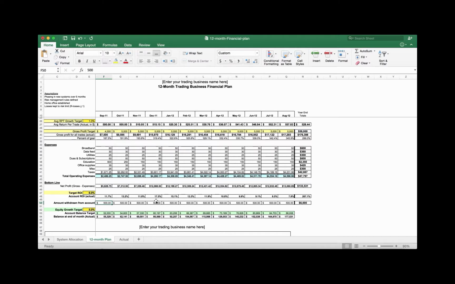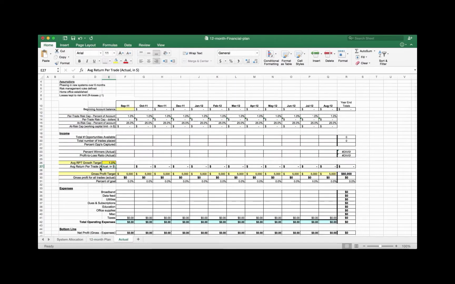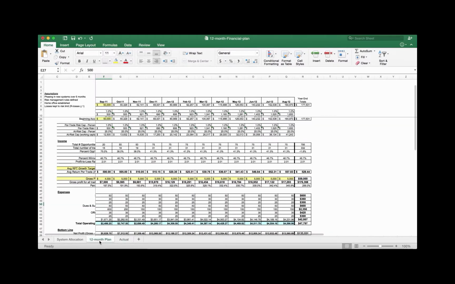Of course, it's simply a planning exercise. This won't be reality. And so that's why we have the final tab, the actual tab. Because the actual tab is where we capture the actual results from our trading, where the rubber meets the road. So here, it's like the 12-month plan, but here you're actually going to type in the real results you're getting as you trade month by month, quarter by quarter, year to year. Okay, and we're going to be capturing all of that, entering it in here,